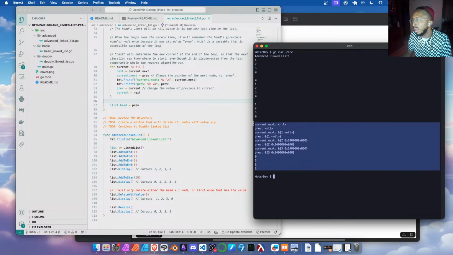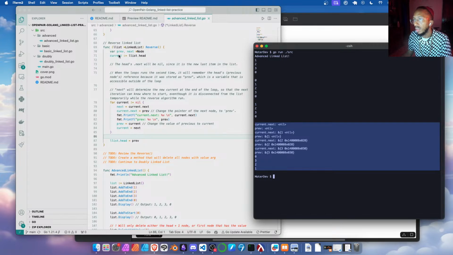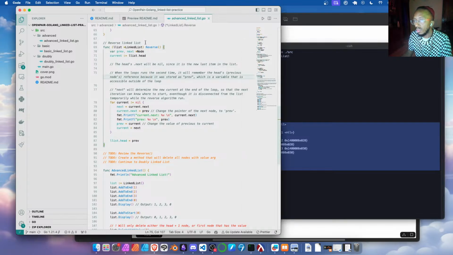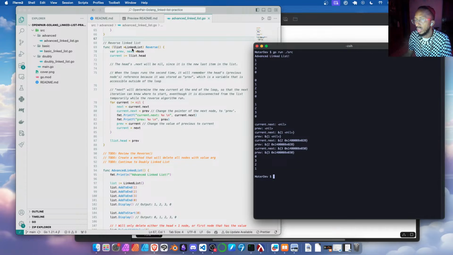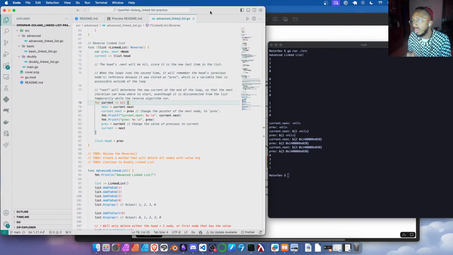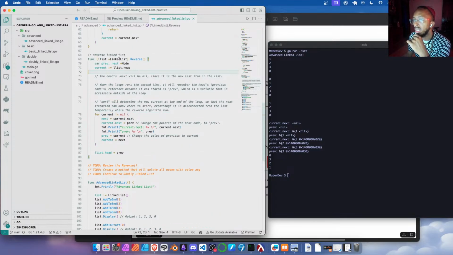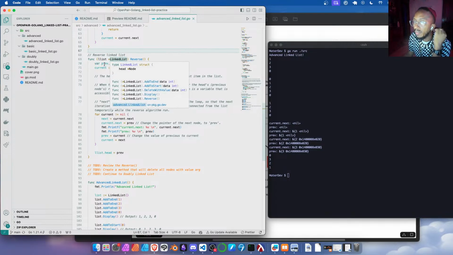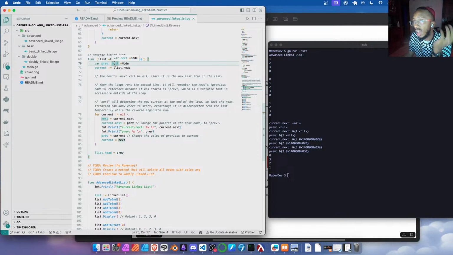And then this last part here is the console log for this reverse method. This reverse method is bound to the linked list construct, which is essentially a class in GoLang. So what I have here is I would be receiving a reference to a list, a pointer rather. And I'll be storing the previous and the next, or I'll have a variable that stores the previous and the next, and this will be of a type pointer to a node